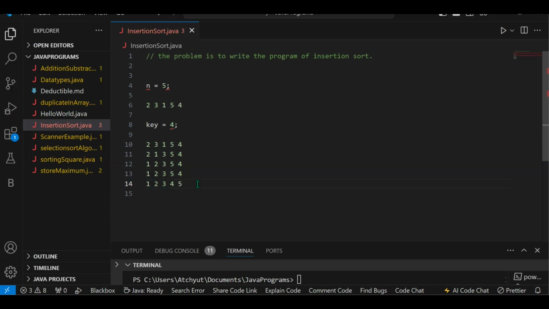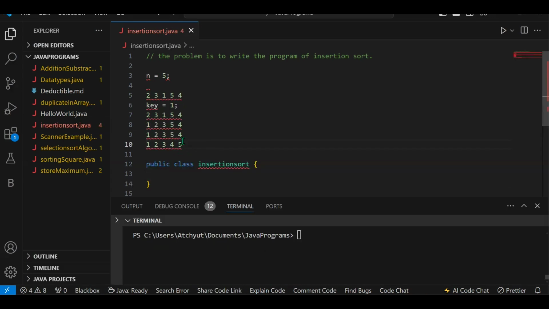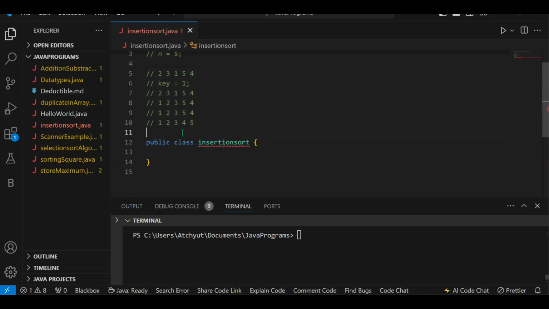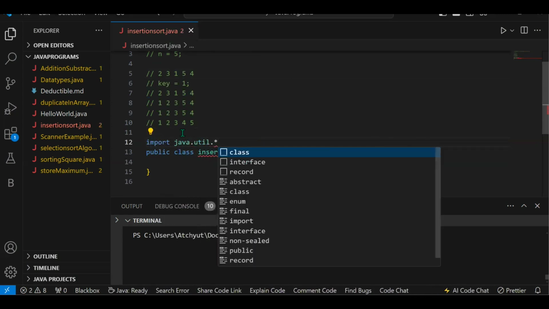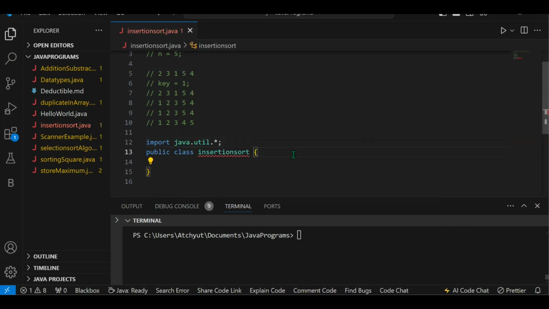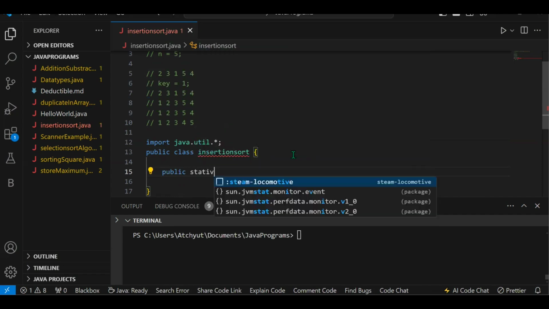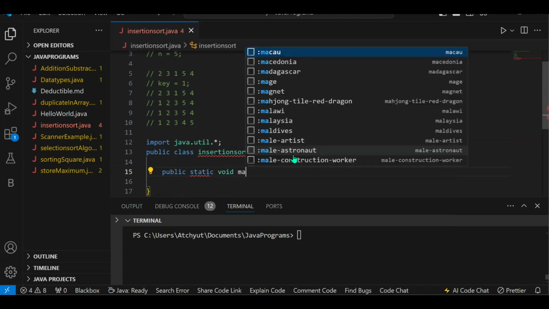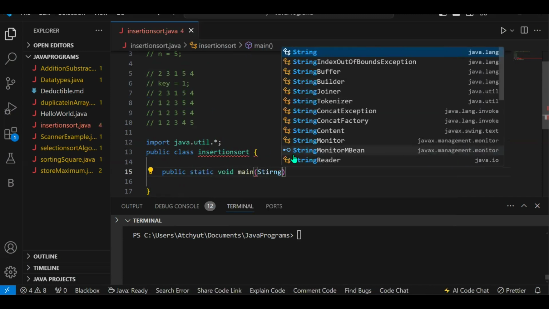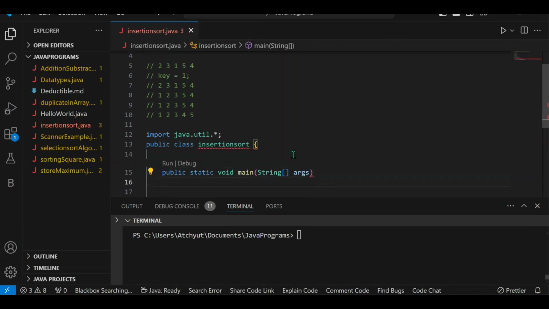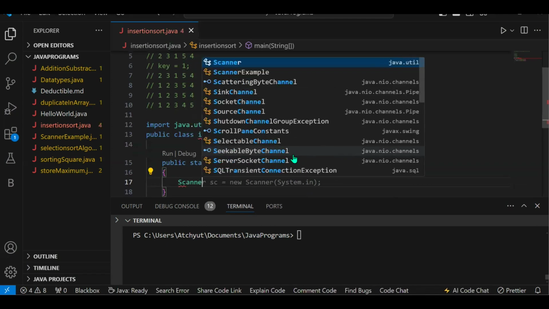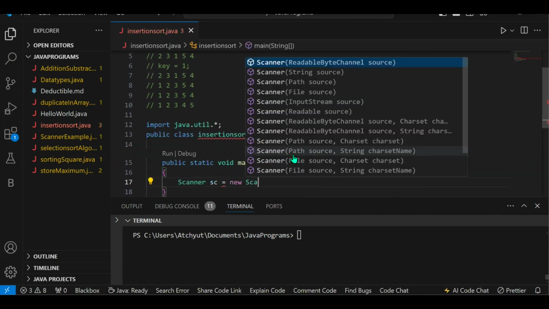I hope you understand how insertion sort works. Let's write the code. First of all, I have to write import java.util.*. After that I will write public static void main(String[] args). Here I will write Scanner sc is equal to new Scanner